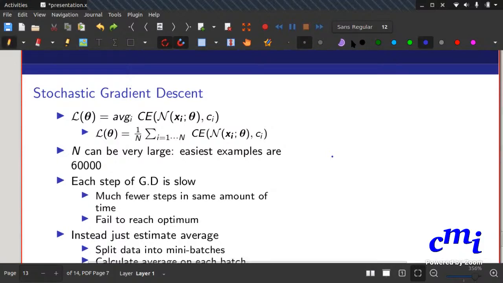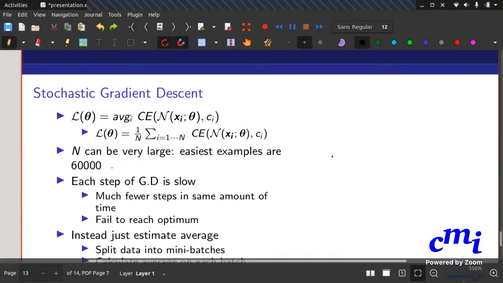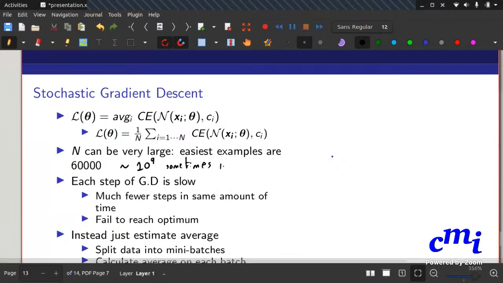So now, the number of input and output examples is some 60,000, right? And in general, with ChatGPT, it is of the order of 10 to the power 9, or even sometimes higher. So yeah, some other things need to be done. But if it is something of this order of magnitude, right,